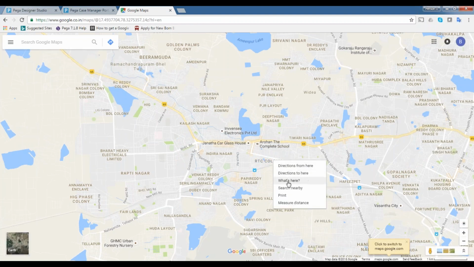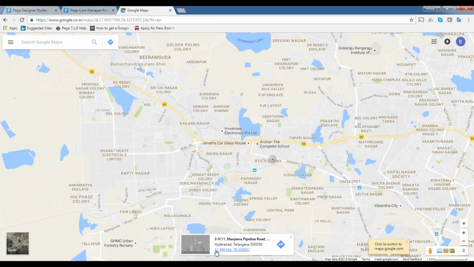Just click on what's here. You can see it's giving me some numbers at the bottom. Those numbers are called latitude and longitude. Google Maps works based on these numbers only. This will be unique for each and every point on the Google Map. You need to provide these values, and then the system will pick the corresponding area.